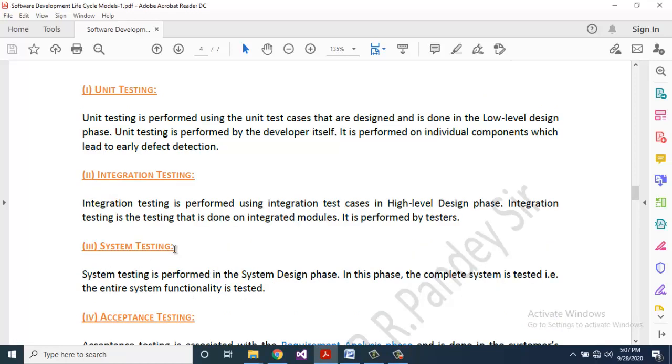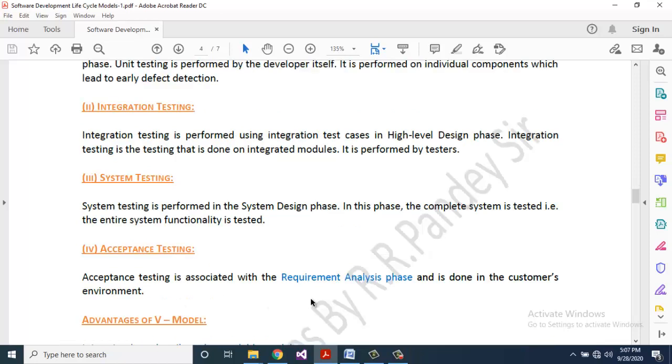Third one is system testing. System testing is performed in the system design phase. In this phase, the complete system is tested, that is, the entire system functionality is tested.